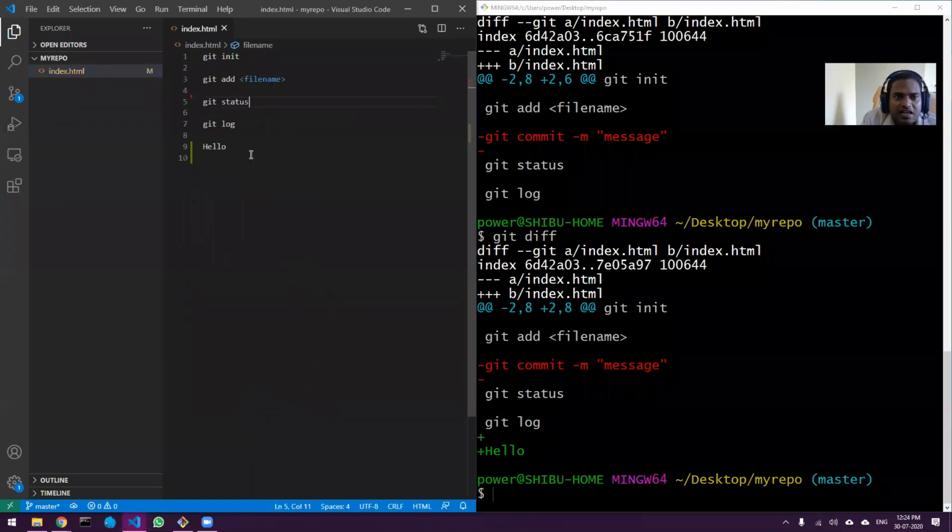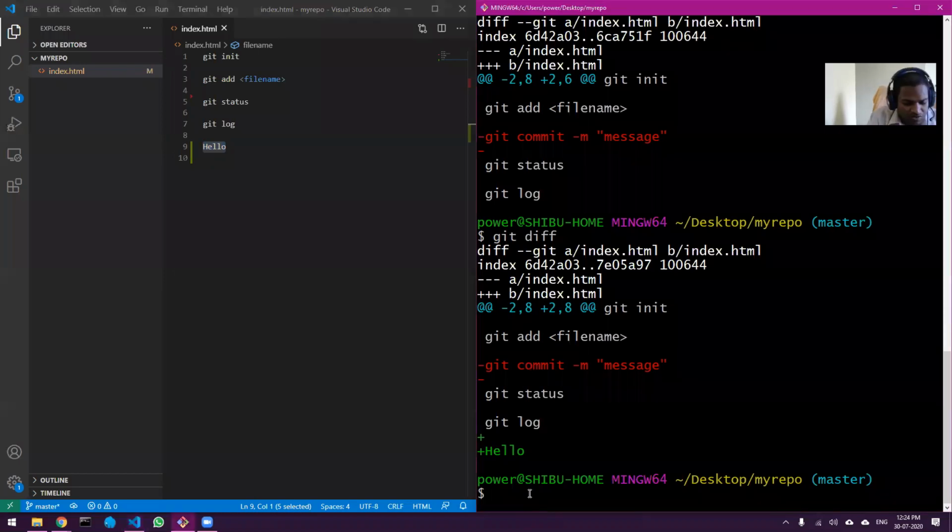I will open this file to show you what is in here right now. Right now you can see this line is there and git commit message is not there. To get the files back, you can write the next command, git reset --hard.